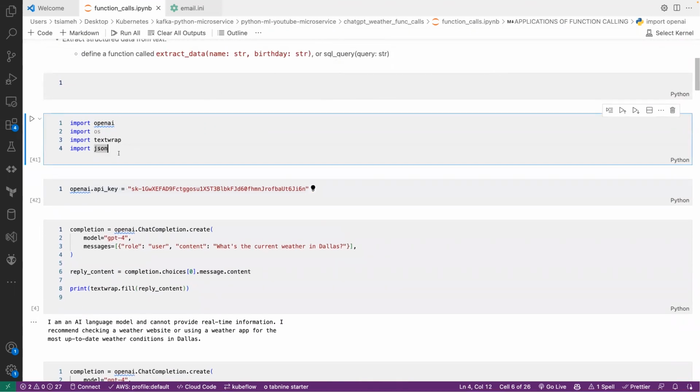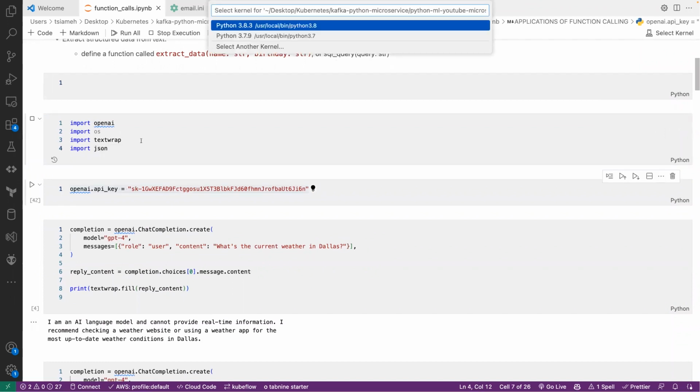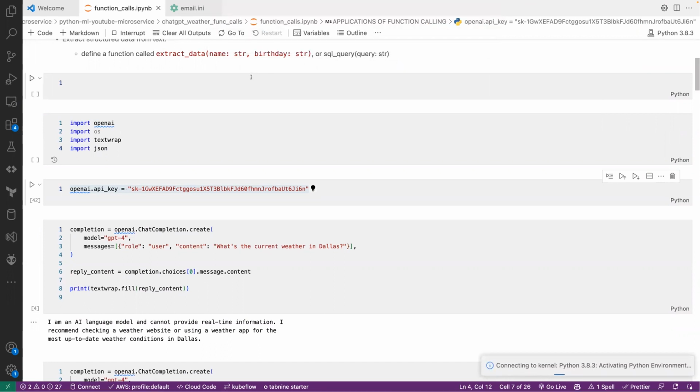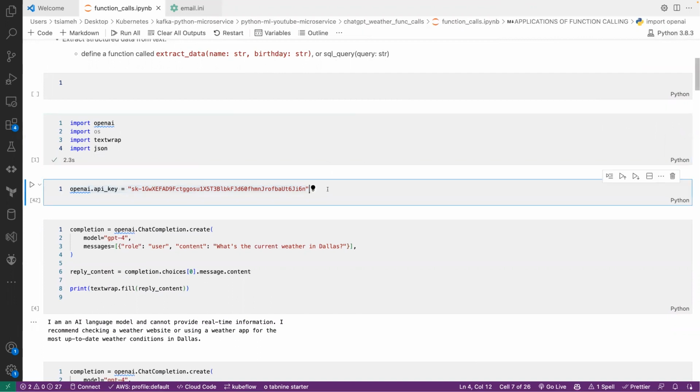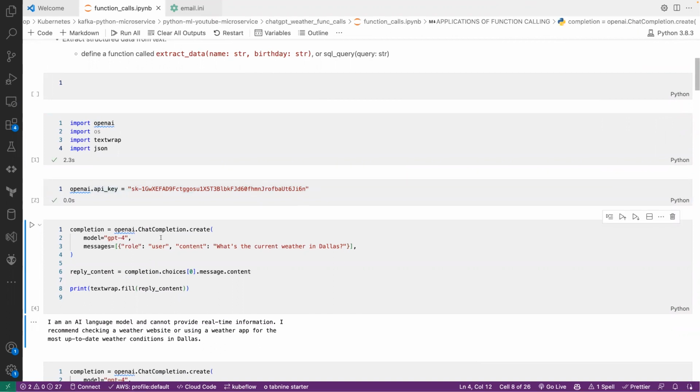I have a few imports here. I'm going to run that. Let me select the kernel. This is how you set the API key. I'm going to run that. We are going to use the chat completion API, and we want to pass in the GPT-4 model. Our role is user, and the content we are passing is, what's the current weather in Dallas? This is Dallas, Texas. Once we run this,